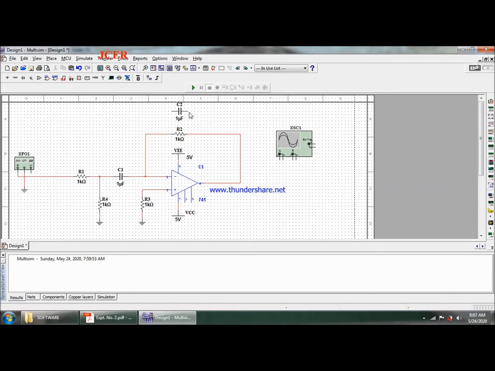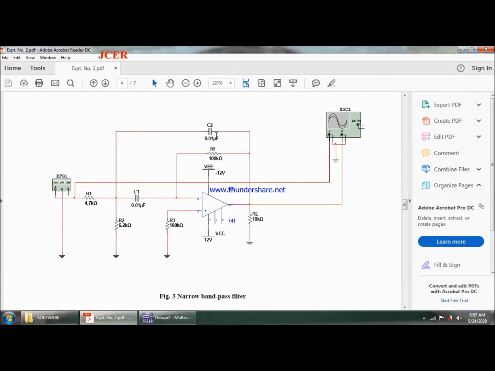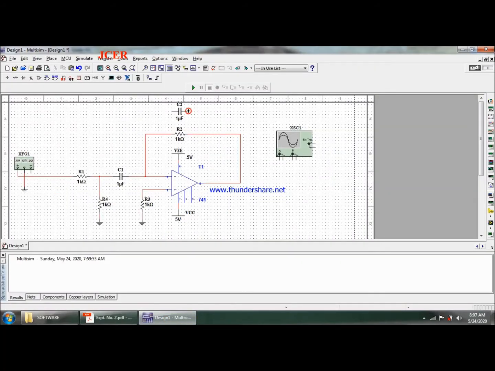And the same with this capacitance: one terminal will be connected to the output and the other terminal to the junction of R and C.